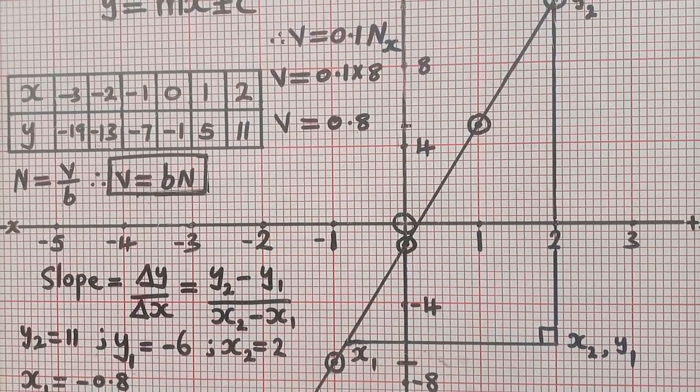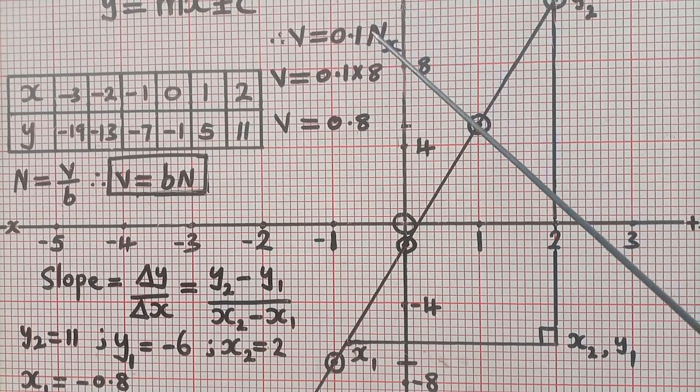To find the value of x at this point, we simply replace this nx by the number of boxes from here to that point. And how many are they? Let's count. 1, 2, 3, 4, 5, 6, 7, 8. There are 8